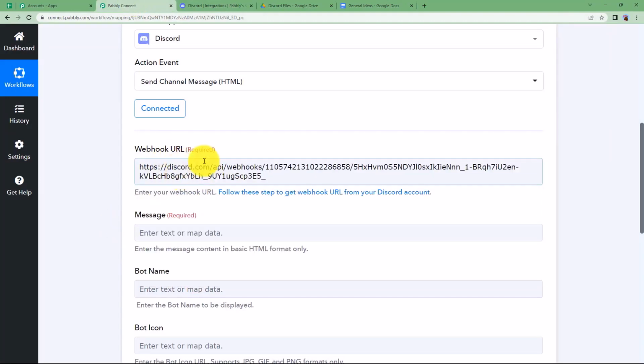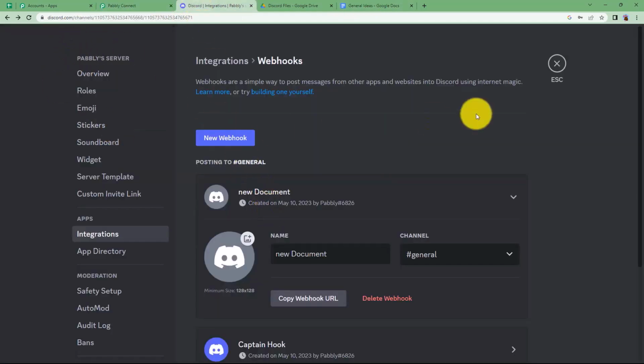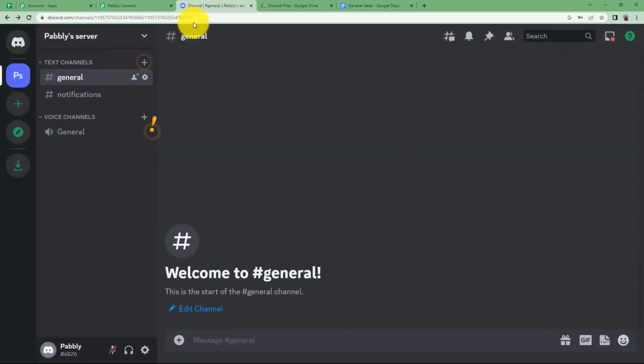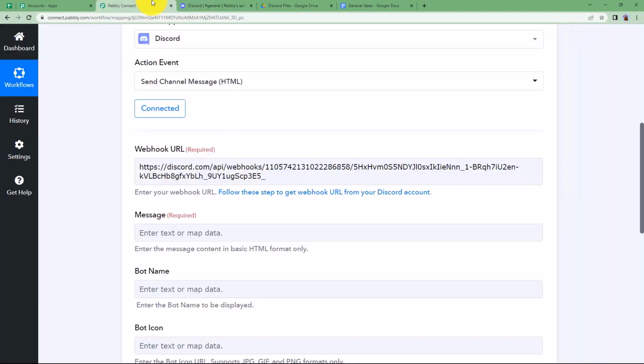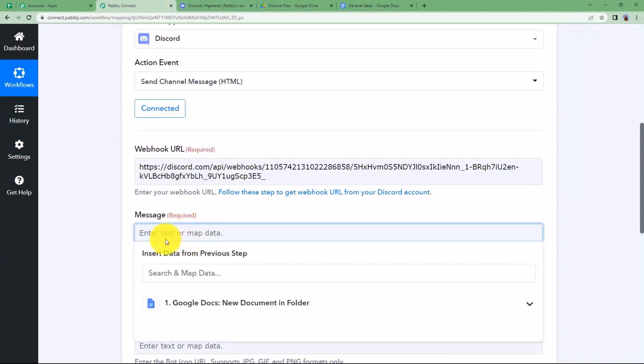Now this webhook will be working for this specific document and for this specific channel. Going back, you can click on escape and here you will reach your channel general. Now here you can see this is the new channel and no message has been received over here. So you will be receiving the same message once you draft a message and click on Save and Send Test Request in this workflow. So the message over here will be,